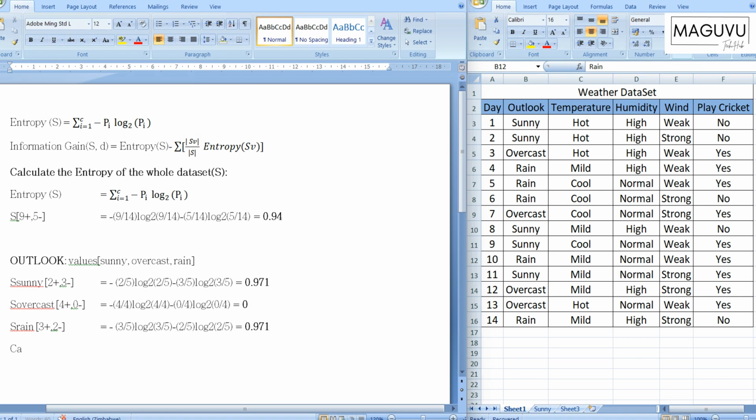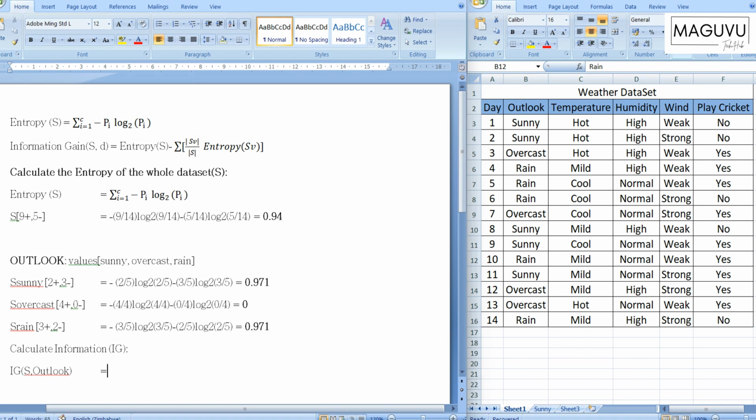Once we have calculated these values, the next thing that we want then to do is to calculate information gain. So we want to calculate information gain, right? So to calculate information gain here represented as IG, we then want to say IG of outlook, right? We want to consider outlook,